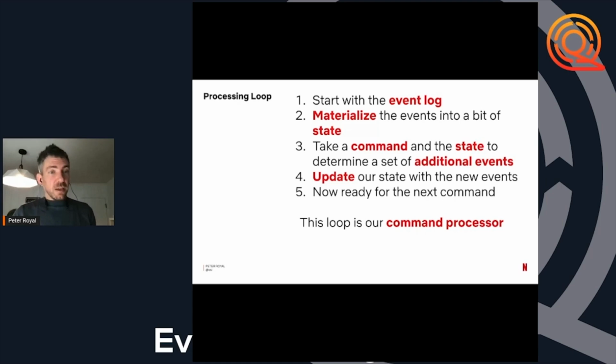We take the command, look at the state, and determine the set of events that command now implies. We can then update the state with those new events, and continually run this. In our system, we call this the command processor because it is processing the commands.